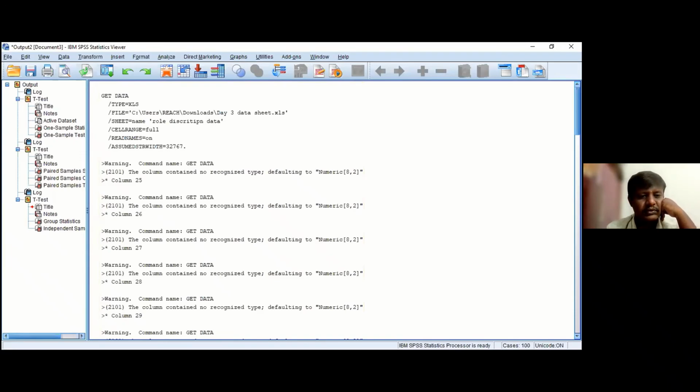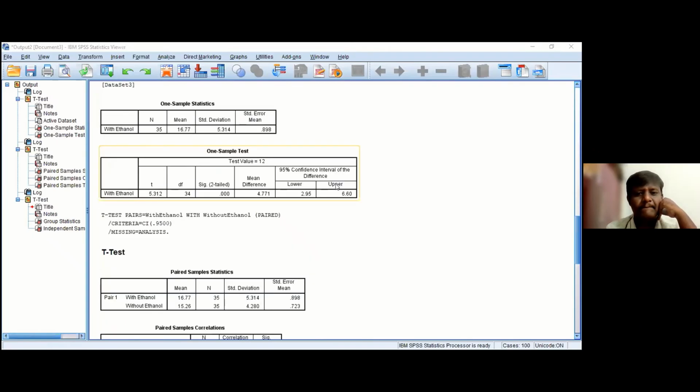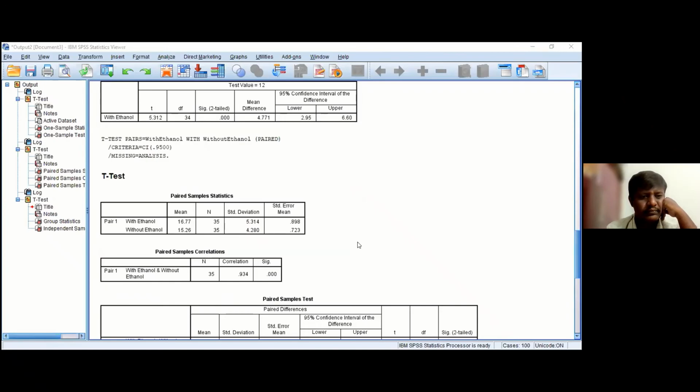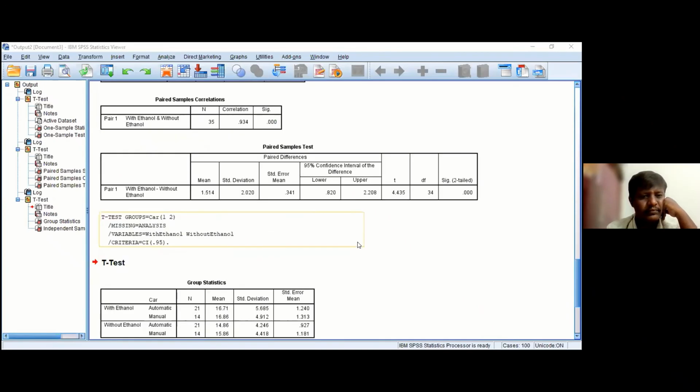The effect sizes, sir, in the test you get that. I know in which output it was visible. Okay, just come down, ma'am. No, it's not visible in these. In the earlier example sir had given, it was there.